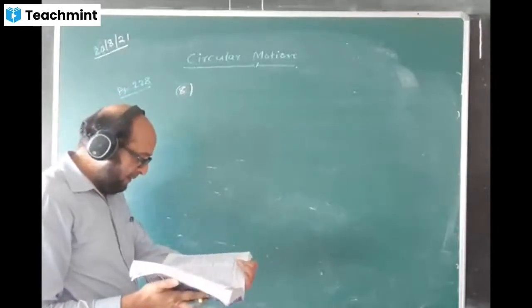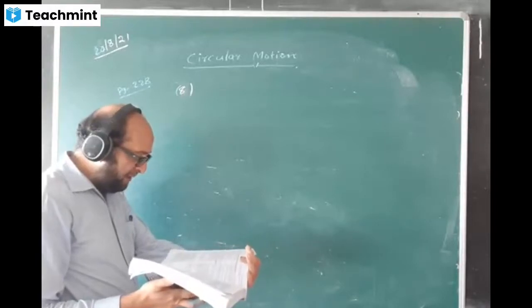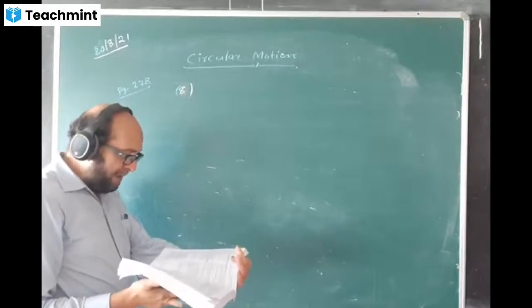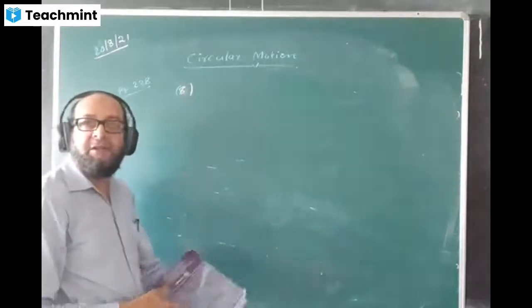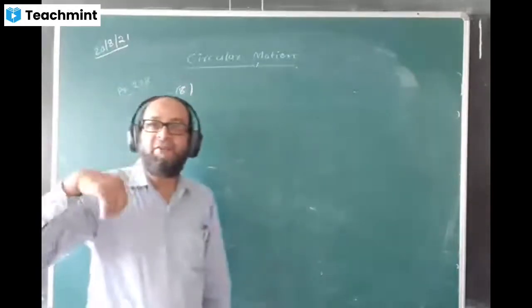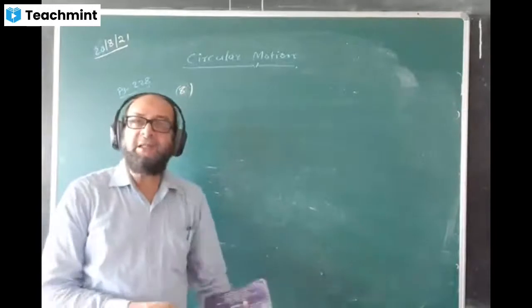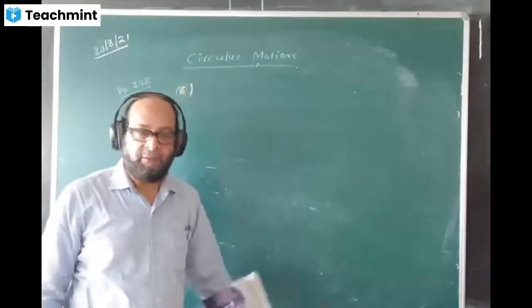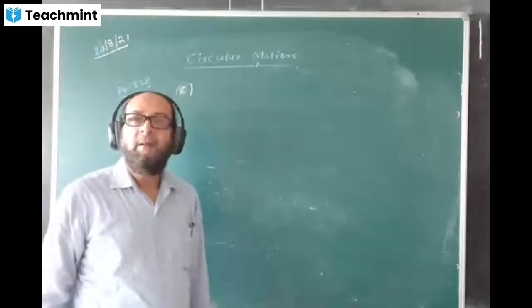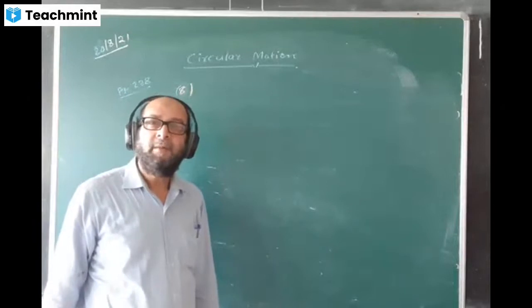Don't sit idle. What is the greatest speed at which a car can take a turn of radius 60 meters on a road which is banked at an angle of 15 degrees? The value of g you are supposed to take 9.8. This time the angle of banking is given, 15 degrees. So you have to find the greatest speed the car should maintain. How will you do? Tell me. Anybody suggest how you will be doing it?